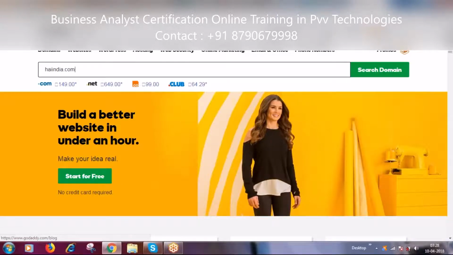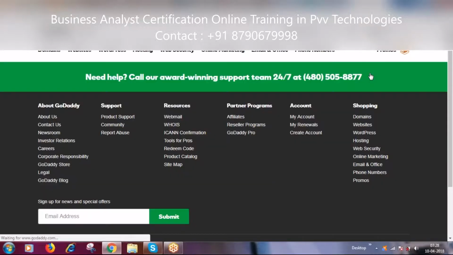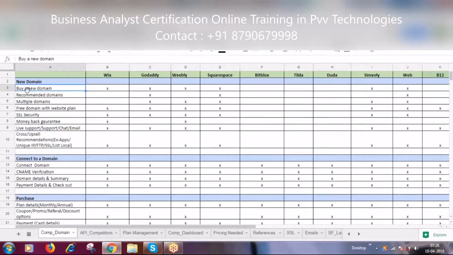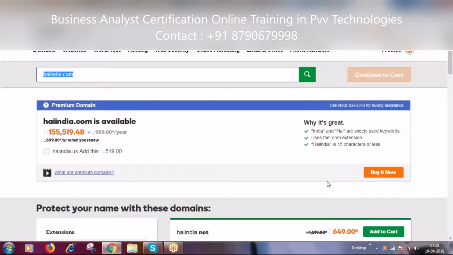So this is the site that is required, or the domain that is required. If I search, first of all, I should have a search panel in order to search. So once the search is done, I could see whether what is required from my end is available or not. If it is available, then it is going to be listed. If it is listed, then I can go for buying it. So this is what we call buy a new domain. Got it? Okay. So that is how it goes on.